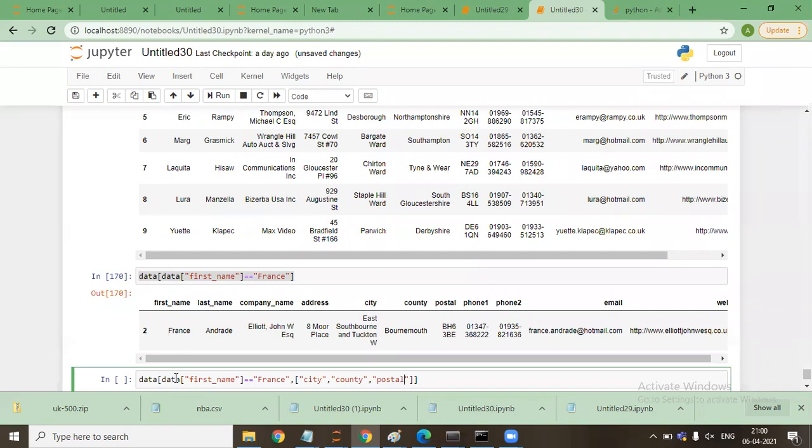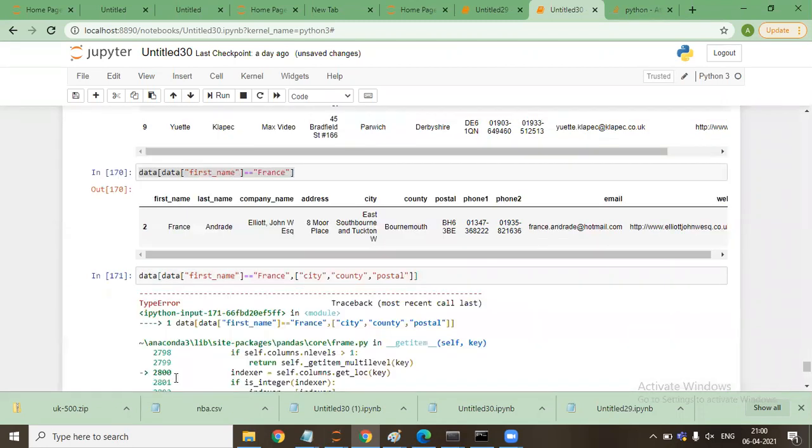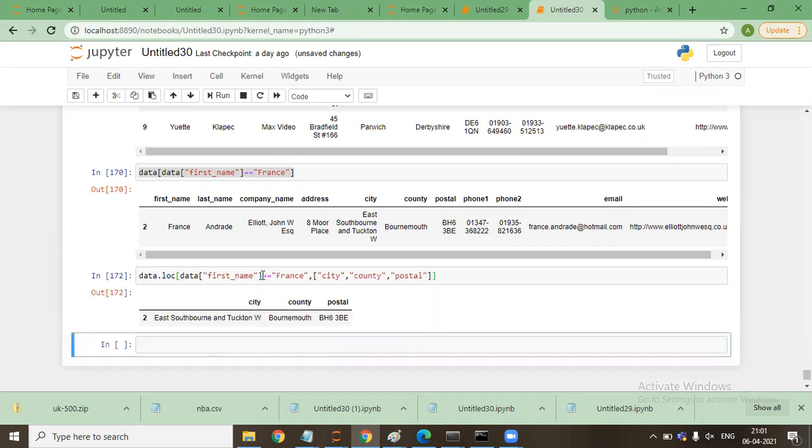Guys, will it work? No. Why? There must be some syntax error. You have selected the column now. You have given row and columns, so it will work. Okay, let us try. It is saying iloc. Yeah. So the thing is, whenever I need to specify the format, like the row comma column, then either it should be loc or iloc. Since I have been giving the names, so I'll use loc. Now it will work.